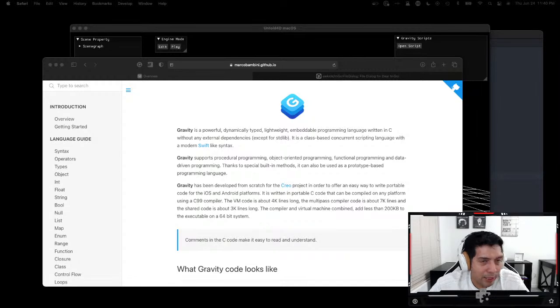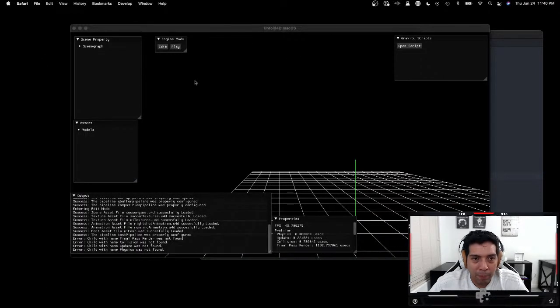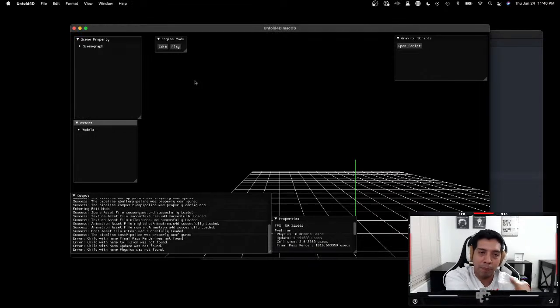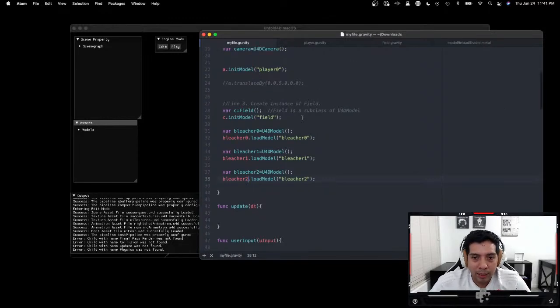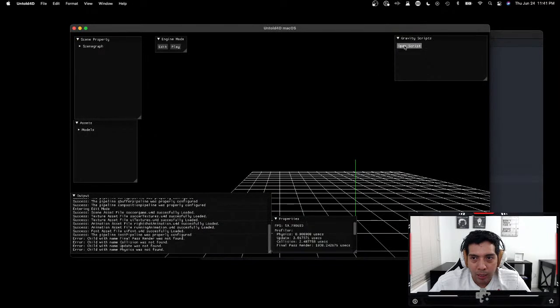Since my game engine is mainly for Apple devices, I figure that Apple users are very acquainted with Swift. So if they can use a language very similar to Swift to do game development, people will like that. So okay,